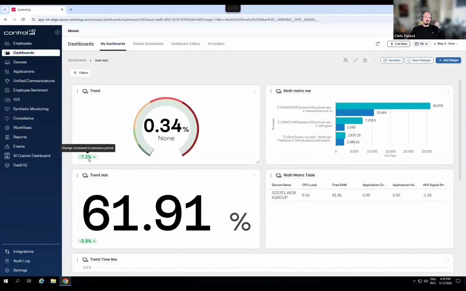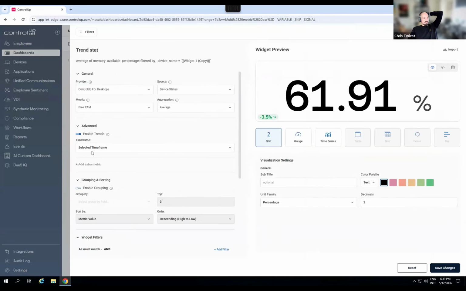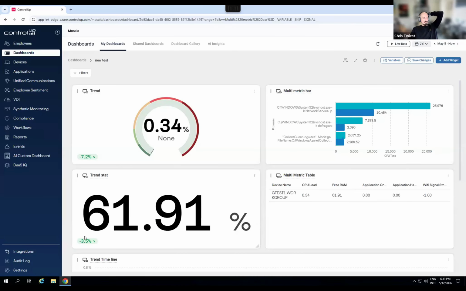So this means that last week, this one was 7.2%. It's now 7.2% less than last week. This one is locked to last 24 hours, or also, oh no, the one on top was 24 hours. It doesn't matter. But yeah, the memory is 3.5% less than the previous.